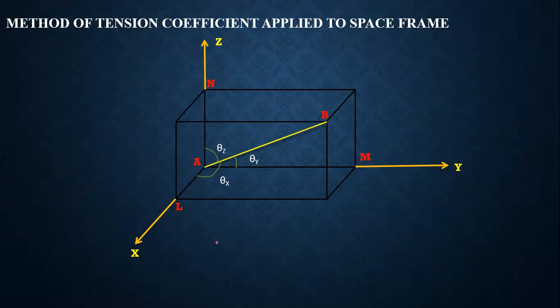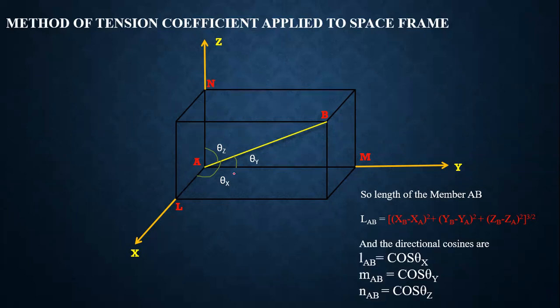Okay, so the length of AB member in 3D frame or in 3D space will be equal to (XB minus XA) square plus (YB minus YA) square plus (ZB minus ZA) square, whole power 3 by 2. Okay, L, M, and N are the directional cosines. So the direction cosines are LAB,